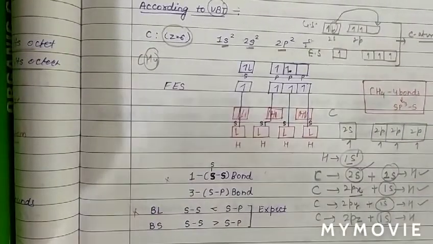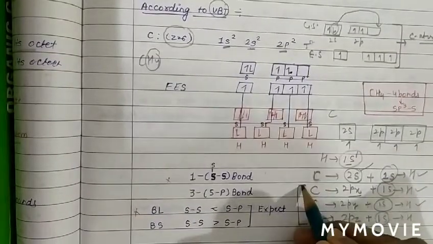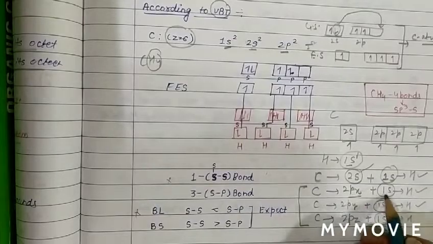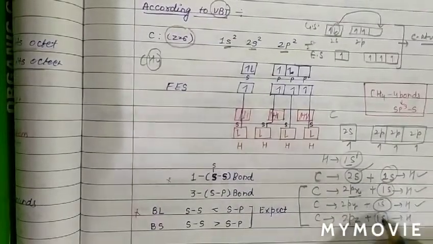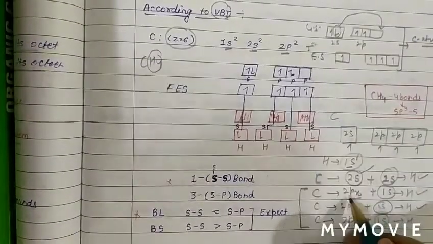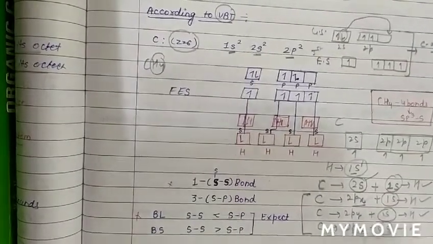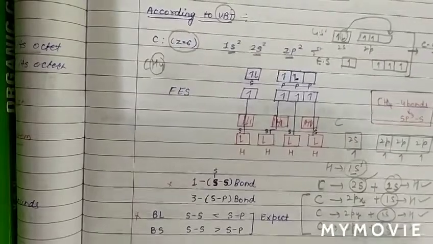As we know, there is overlapping of 3 carbon p orbitals with s orbitals of hydrogen. And we know the 3 p orbitals are perpendicular to each other, at an angle of 90 degrees. So if we take this as px, this is py and this is pz. So 3 orbitals make bonds with hydrogen, and these are at an angle of 90 degrees. So 3 bonds are at an angle of 90 degrees.